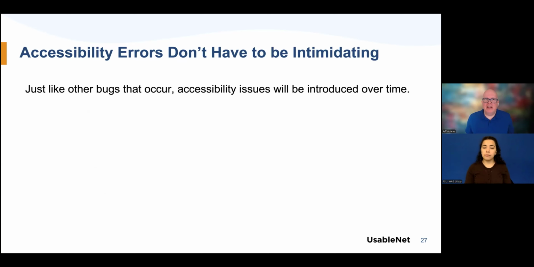The idea is that you get to a place where these things aren't intimidating. Just like I mentioned, you've got other bugs that occur. Accessibility issues are going to be introduced. That's just the way it is, like any bug is introduced. And as you get more into this mature space, they're not intimidating. Everybody knows how to deal with them. They get programmed into the processes to get fixed through maintenance. And ideally, you're creating less over time because, like other aspects of things that you learn, maybe around how to code correctly for privacy, code correctly for data security, you're coding correctly and designing correctly for accessibility as well.